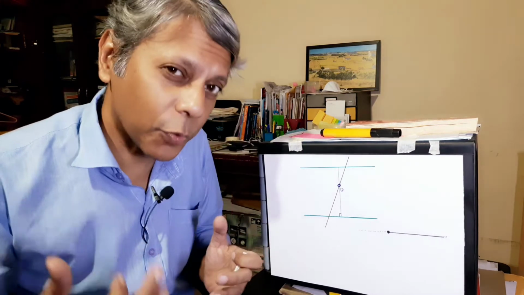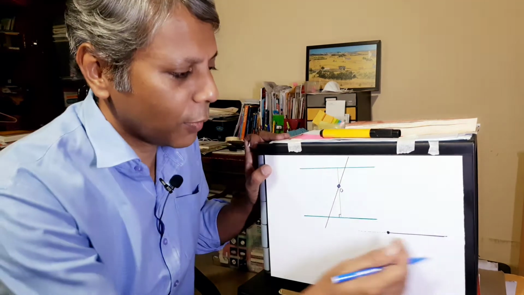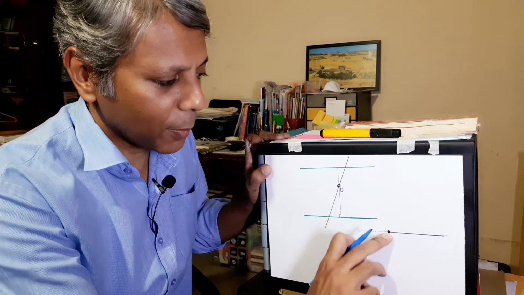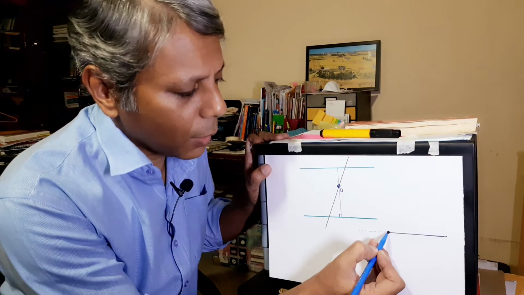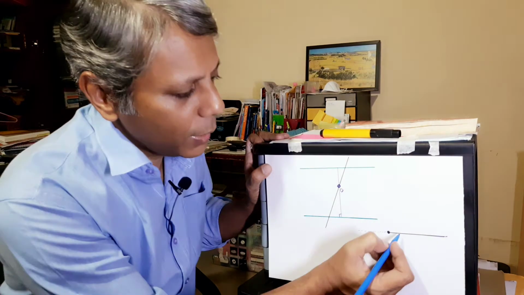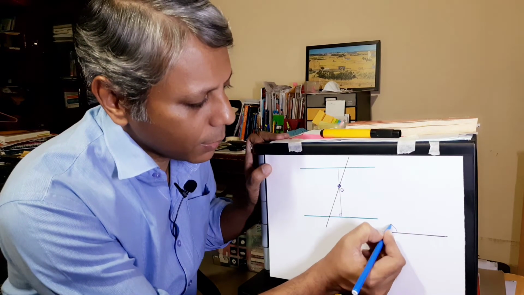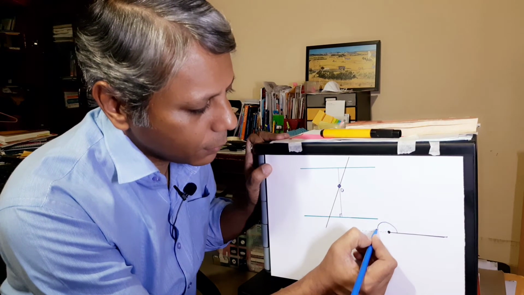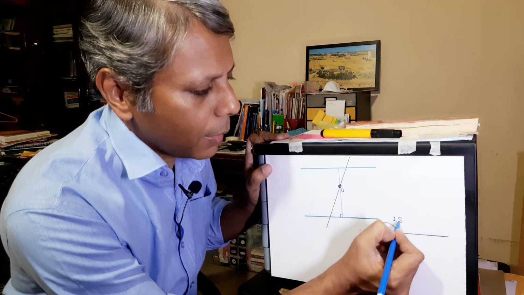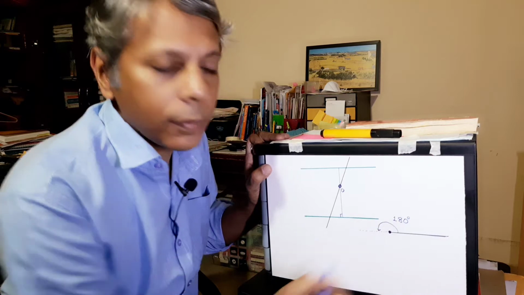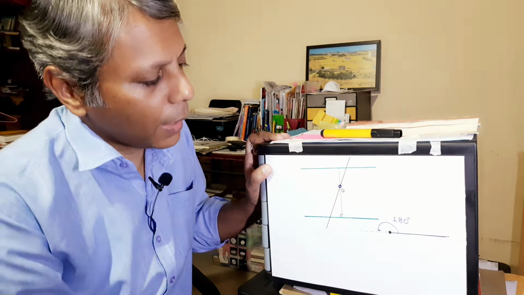I'm just using different words, but basically what we're saying is this line came up till here and we extended it. Then around this point that you see, we say that this angle is 180 degrees,